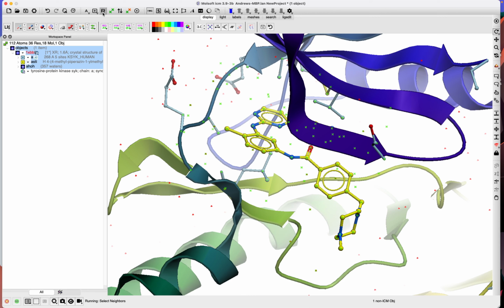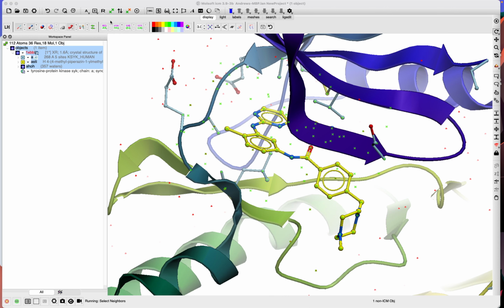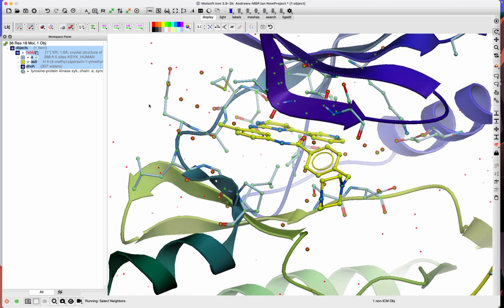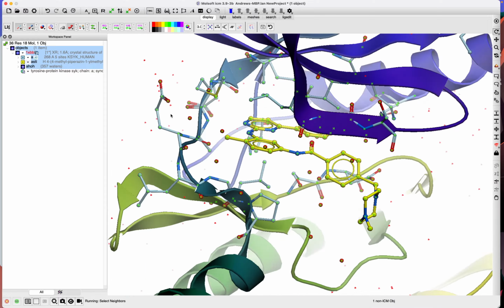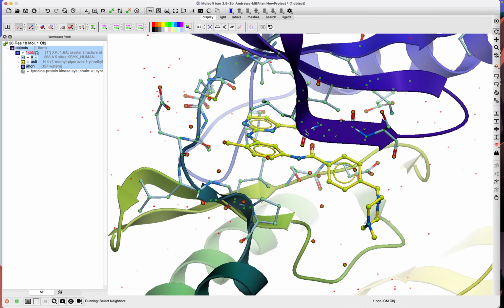So you can use the R button here. You just click on that, then the selection is propagated to all atoms within that chain. So now if we go back to the display panel, we can just click on side chains and you see that it shows all the side chains within 5 angstroms of the ligand. But our second thing we want to do is to